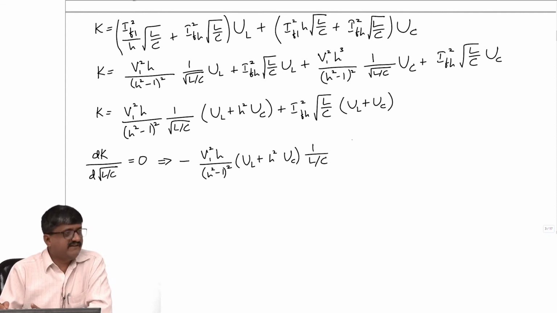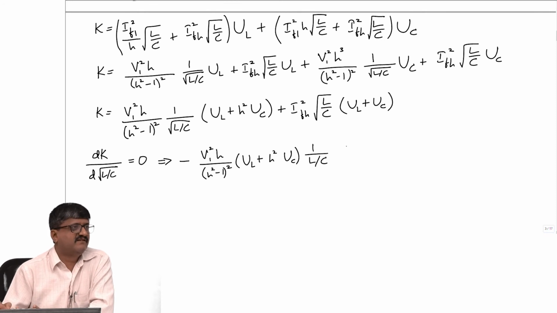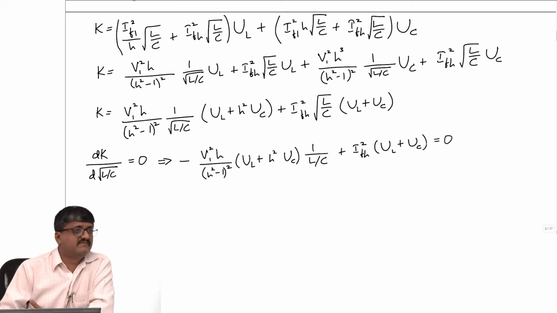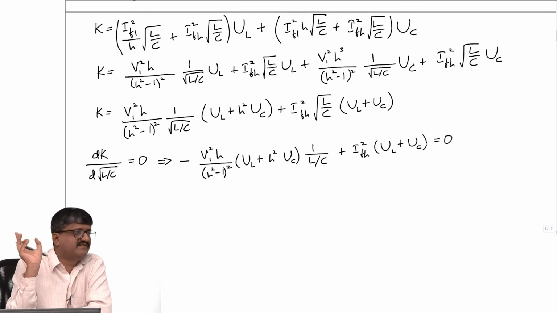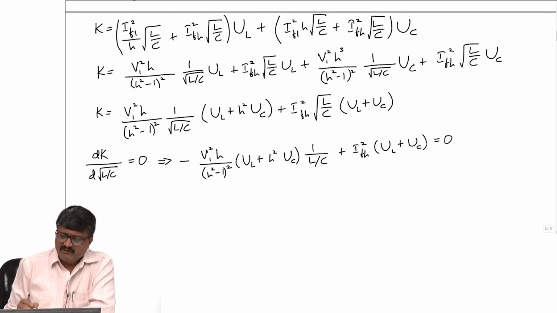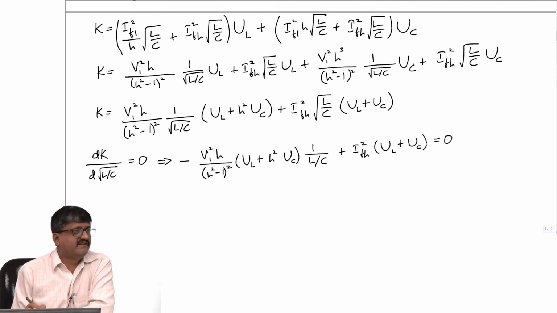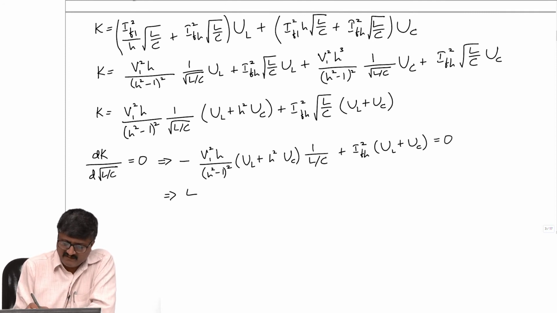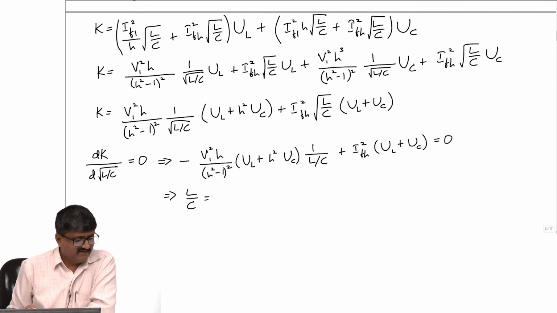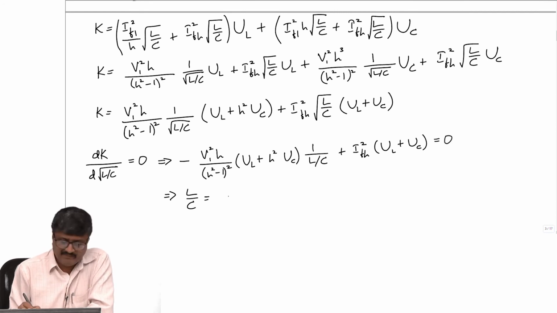Then the derivative of the second term is easy. It is just I of h square into (UL plus UC). We are differentiating with respect to square root of L by C, that's all. Now, what does this give? This gives the value of L by C, from the necessary condition. So, from the necessary condition for minimum cost, L by C should be equal to